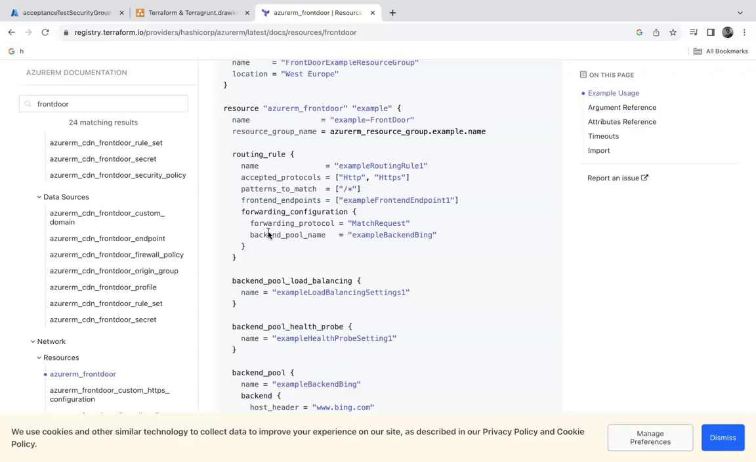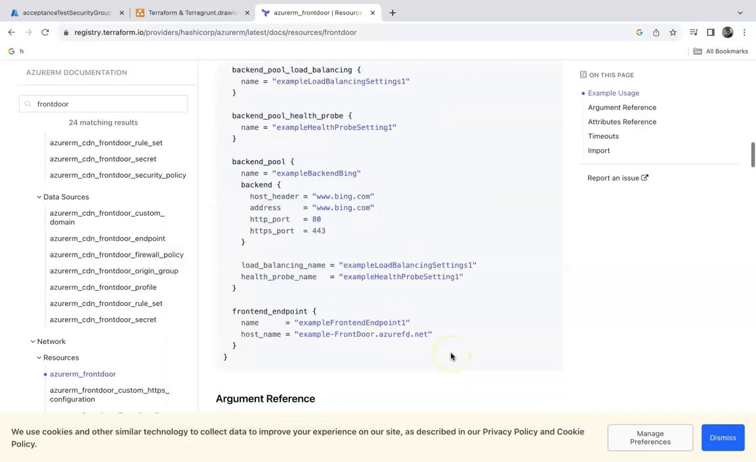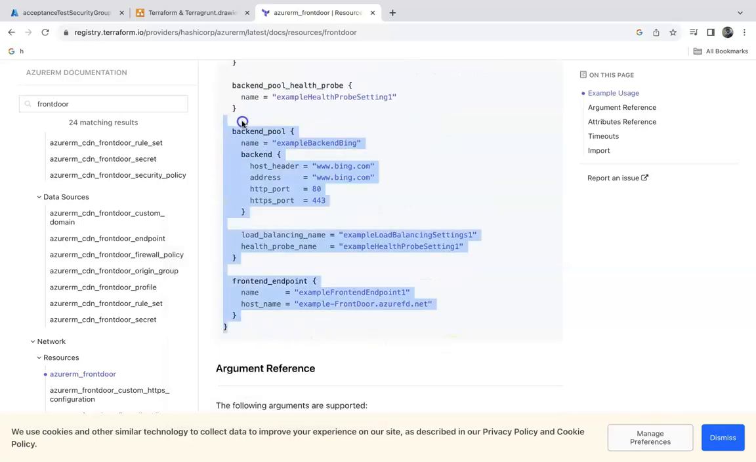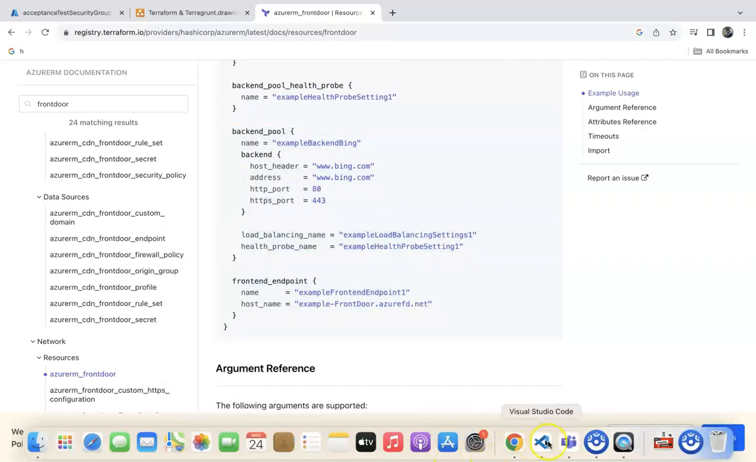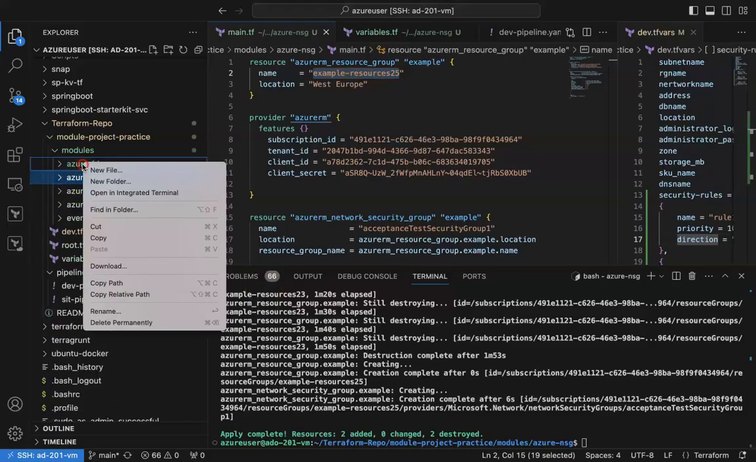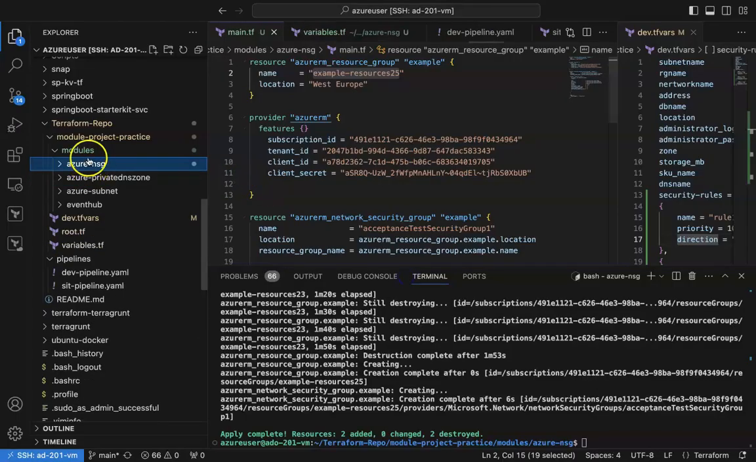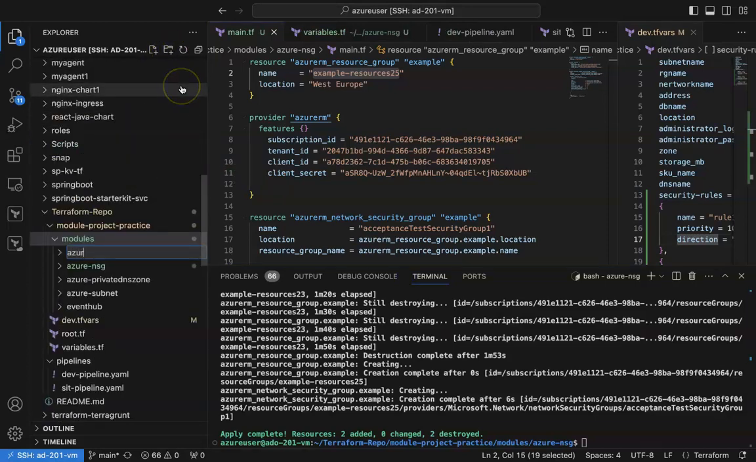All right. As usual, I'm copying this code first. Whatever code you are seeing, I'm just copying it. Let's go there and create one more module for you. Let me delete the existing one, and I'm creating one more Front Door module. Under the modules folder, as usual, you need to create one folder, azure-empty, and inside it you need to create the main.tf,